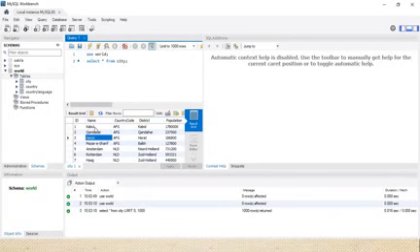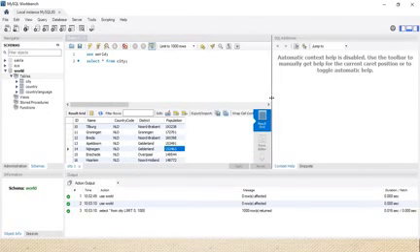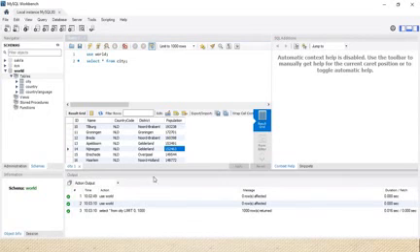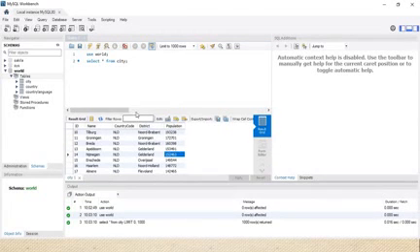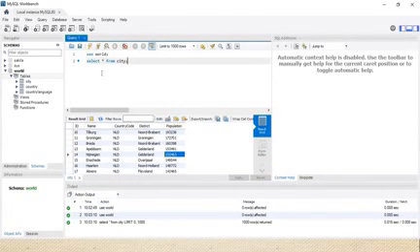Kabul is there, Kandahar, and lots of city names are there. So these are the country code, district, थोड़ा सा इसे. So यहाँ आपको क्यूरी एंटर करना है.